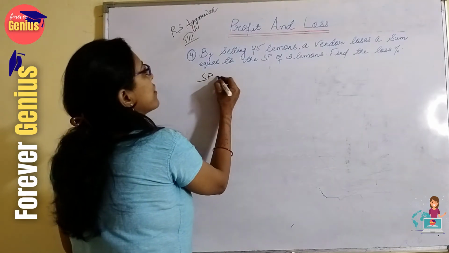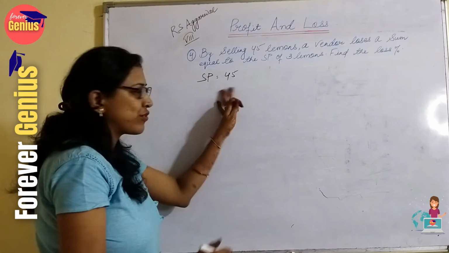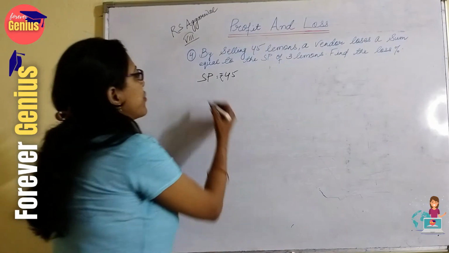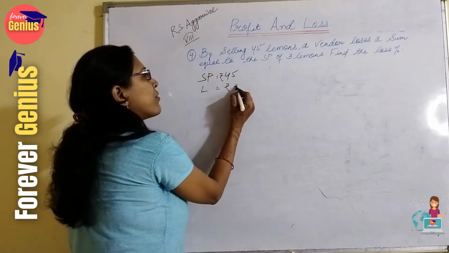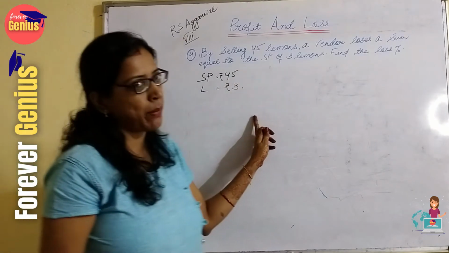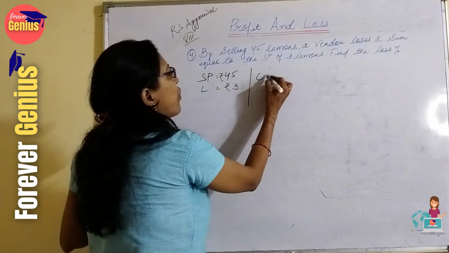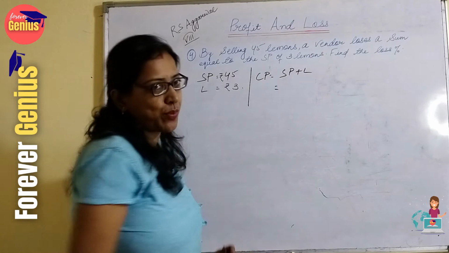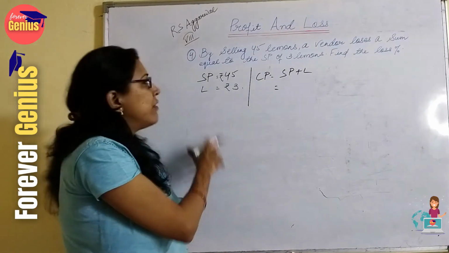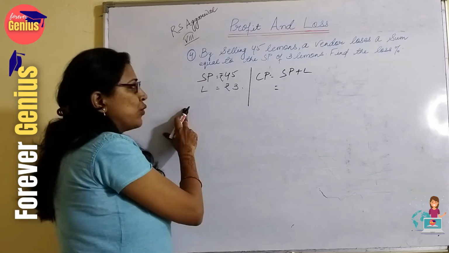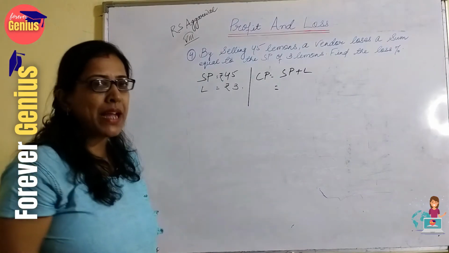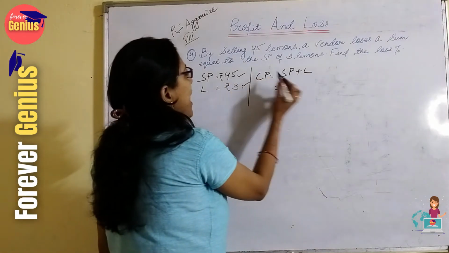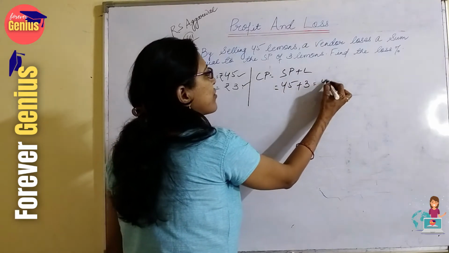If the selling price for 45 lemons is equal to 45 rupees, the vendor is having a loss of 3 lemons. So loss is equal to how much? 3 rupees only, because the selling price of 3 lemons will be 3 only. So in this case, what do we know? We know that selling price plus loss is the cost price. Cost price is always higher when we are comparing these two. Cost price will be more and selling price will be less. Then only a person is incurring a loss. So we can simply add 45 plus 3 is equal to 48.